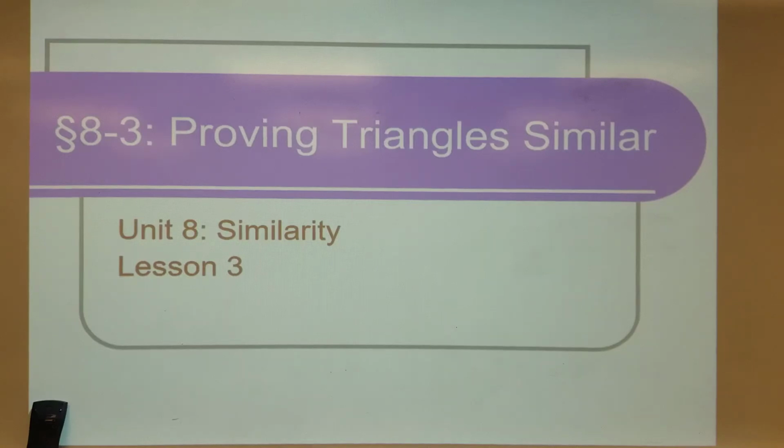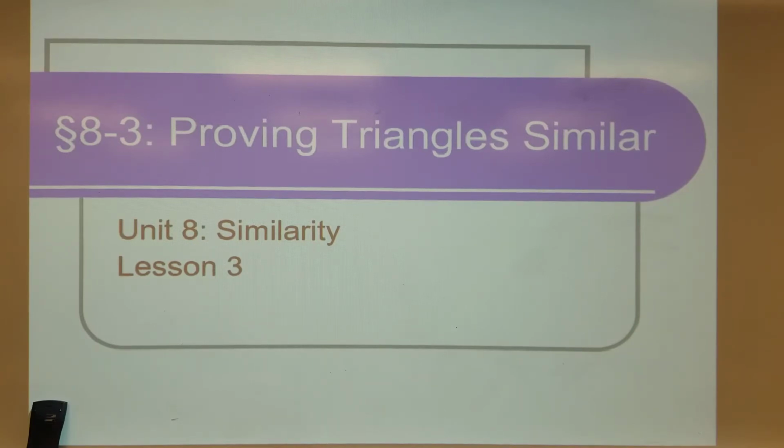All right, our next lesson here includes the dreaded P word, proving triangles similar. One of the ways in which we endeavor to show that polygons are similar is to show that all of their corresponding angles are congruent, all of their corresponding sides are proportional. And what we're going to find here is that when we're dealing with triangles, we can actually take a handful